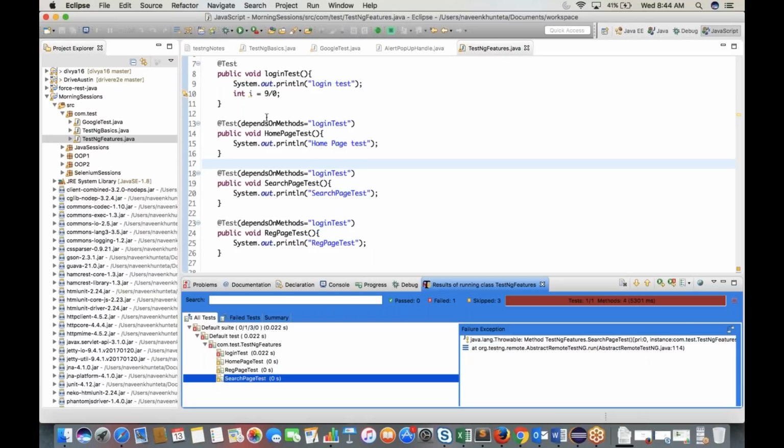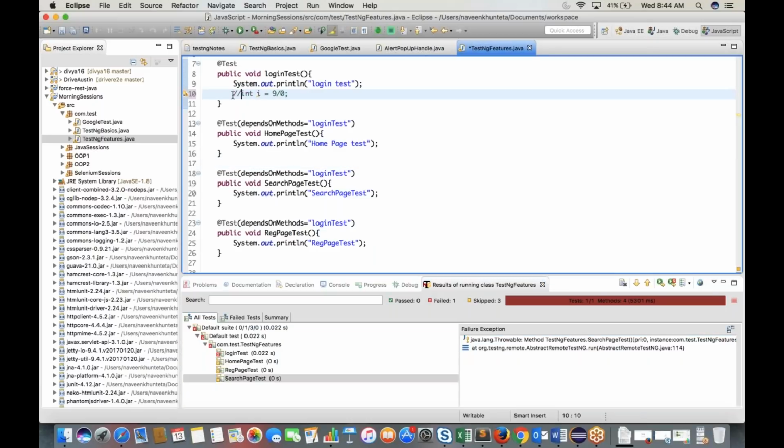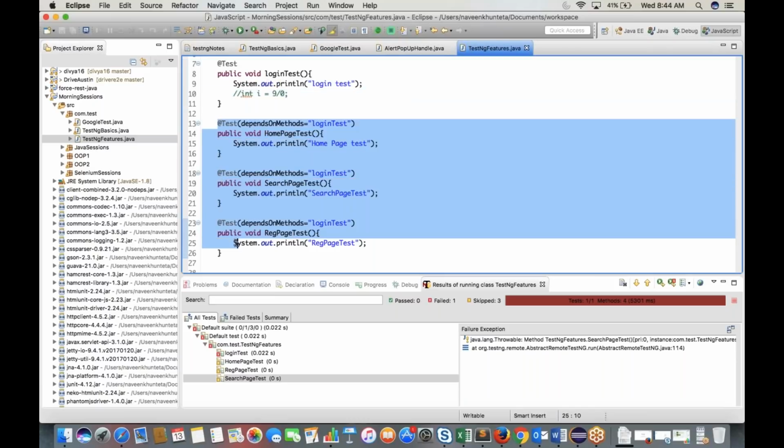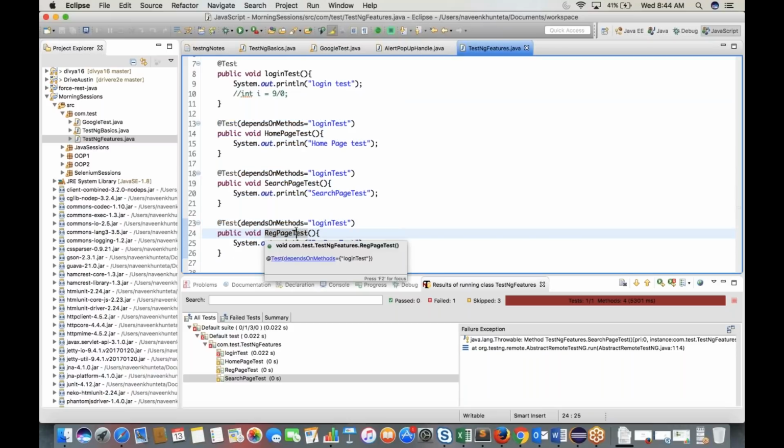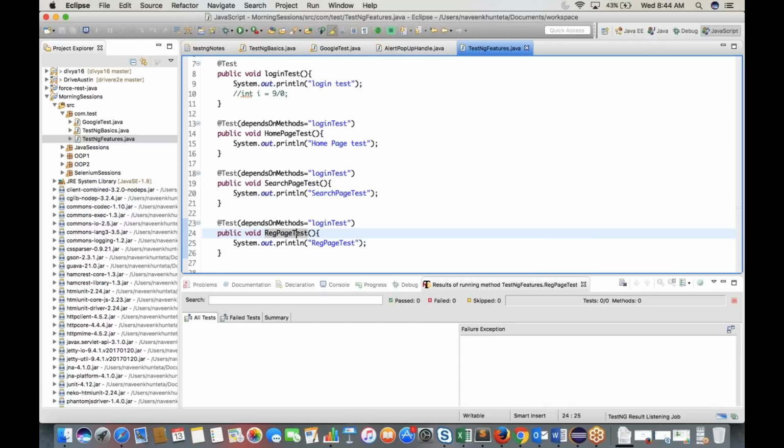Okay, but if login test is working fine, let's say I comment this line int I equal 9 divided by 0, right? If login test is passed, then all the test cases will be executed one by one. Now it doesn't matter that maybe registration page is getting failed. That's a separate thing, but it will be considered, because login test is getting passed. So if you run this program,